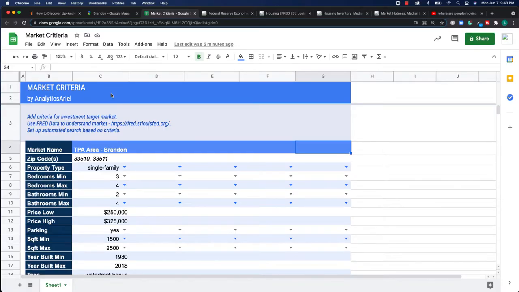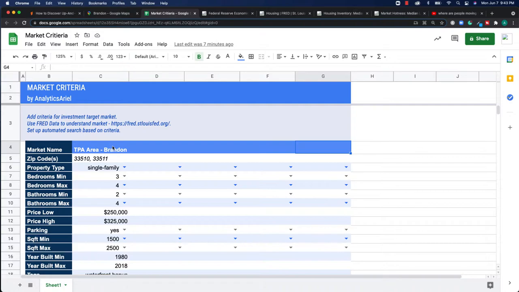Great, so I'm going to walk you through how to set up your market search criteria. I created a free and easy to use Google Sheets so that you can have all in one spot the market that you are investing in. If you're not sure what market to actually go for, I would suggest maybe just starting off with one that you're local to since you have a better understanding of it.